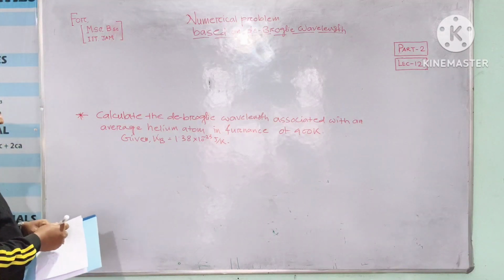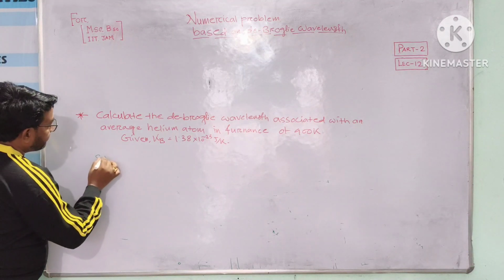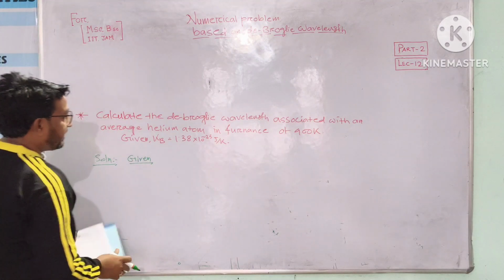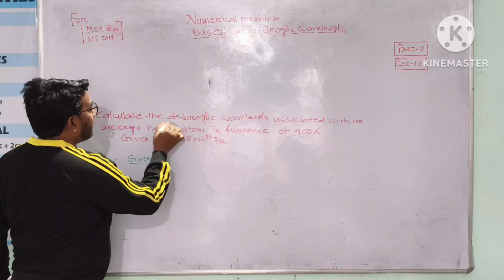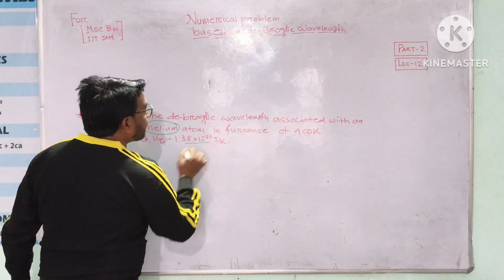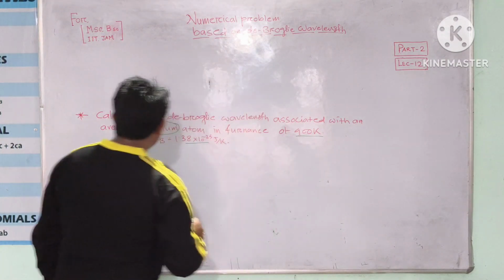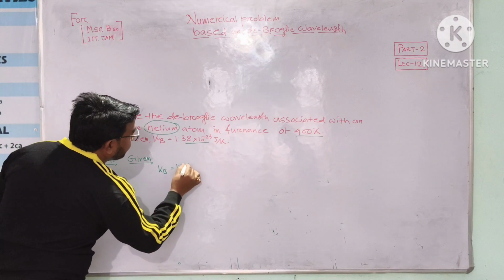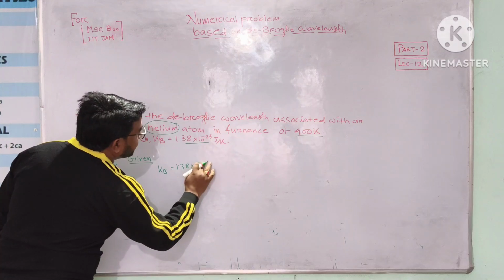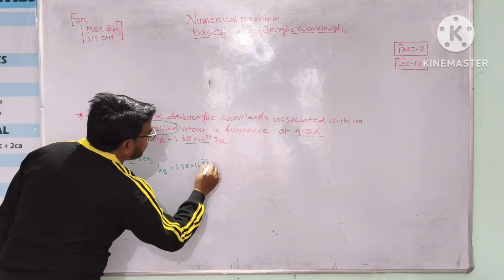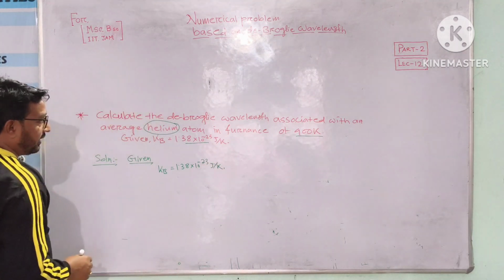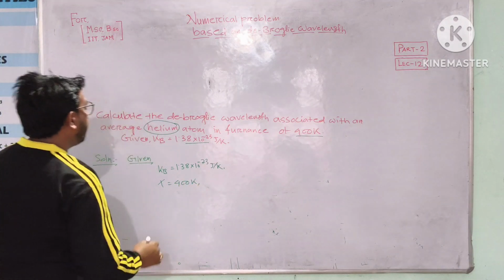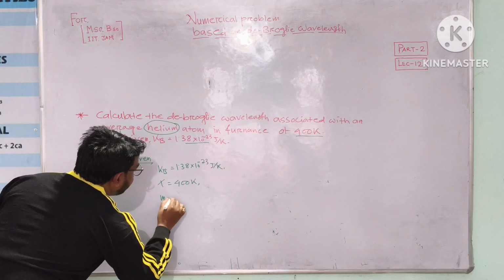Now we are going to solve this problem. Solution: the given information of this question we can write. This is clear that the particle is an alpha particle, and this is Boltzmann constant, and this is temperature. So Boltzmann constant is 1.38 into 10 to the power minus 23 joule per Kelvin, and temperature T equals 400 Kelvin, and mass of alpha particle, mass of helium particle, that means